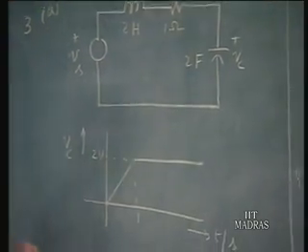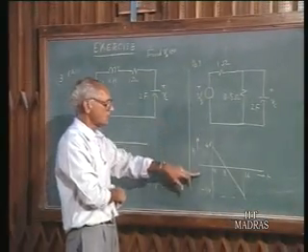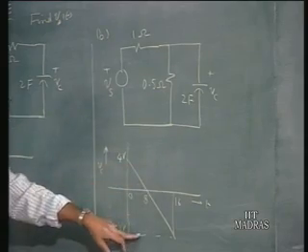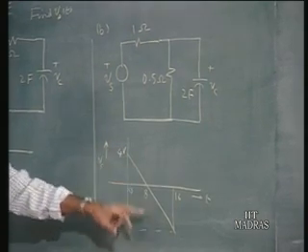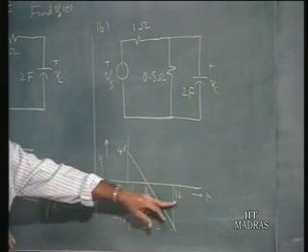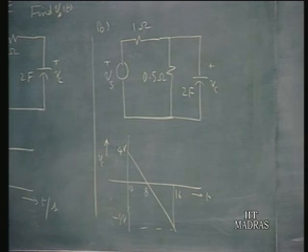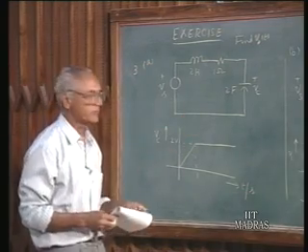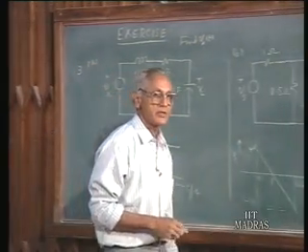This is part A. Do a similar analysis for this circuit in which again the voltage Vc is given by this particular variation, 4 volts to minus 4 volts, it decreases from 0 to 16 seconds and remains 0 for other values of time. If this is the value of Vc, find the expression for Vs of t in terms of singularity functions once again and sketch the form of Vs using impulses, ramp functions, and step functions. So this is one problem which is an exercise on using the singularity functions.